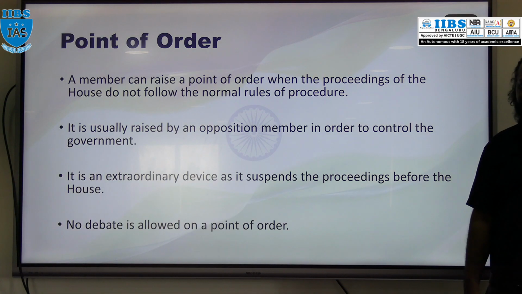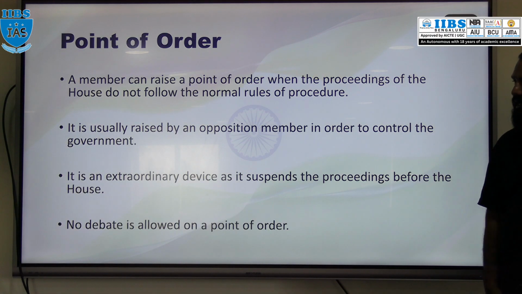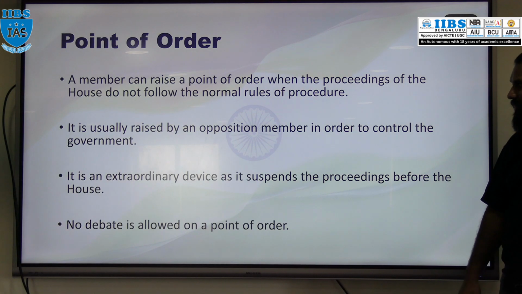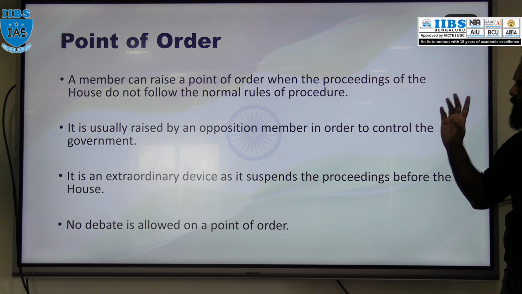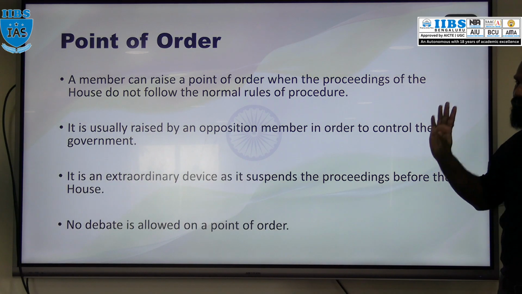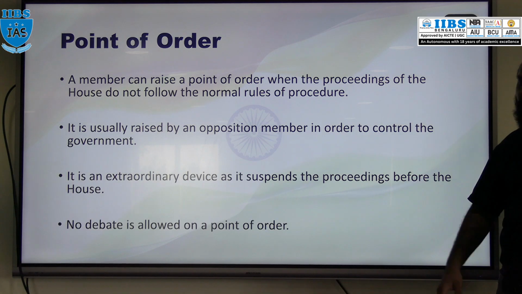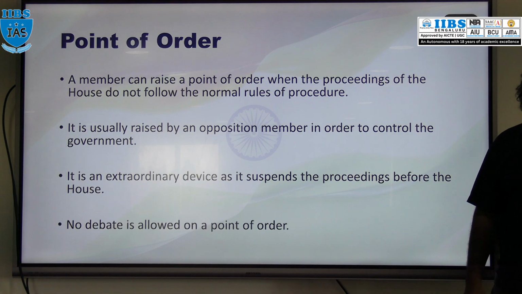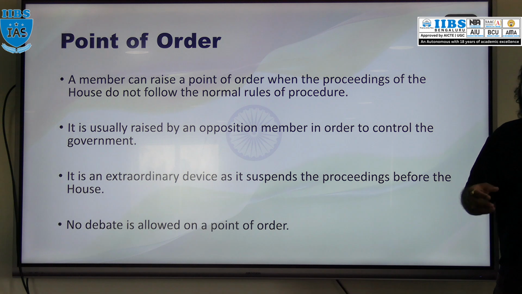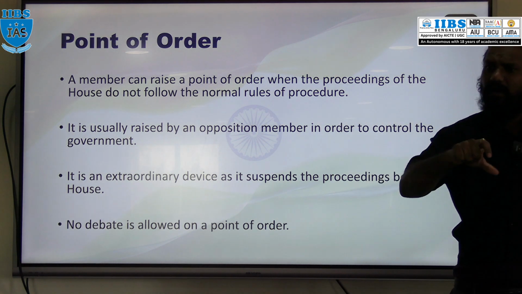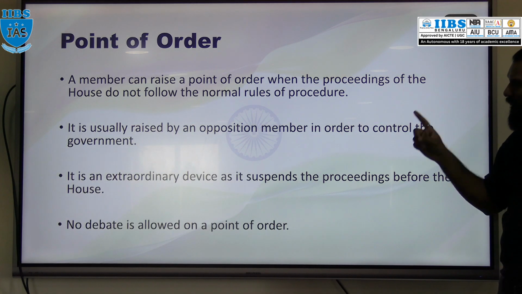Point of order. Generally this device is used by the opposition to censure the government or to make it accountable. Any member of parliament can raise this point of order if that member thinks that the proceedings of the house are not following the normal rules of procedure. At that time this point of order can be